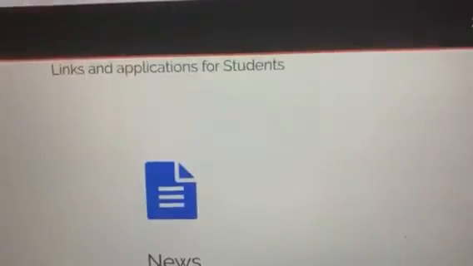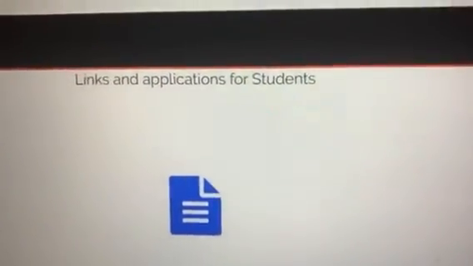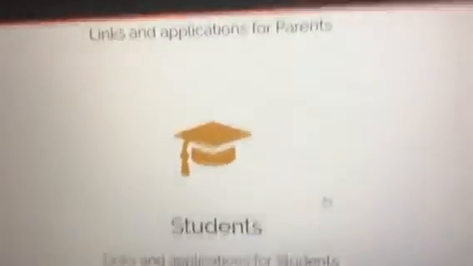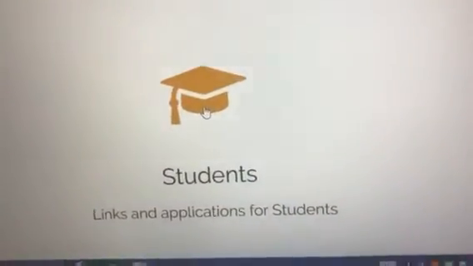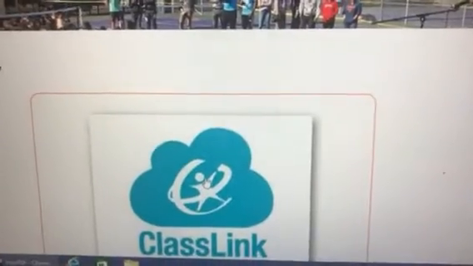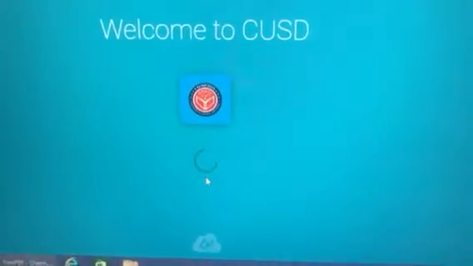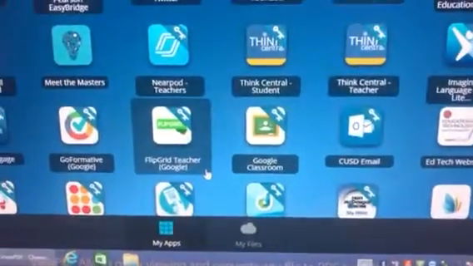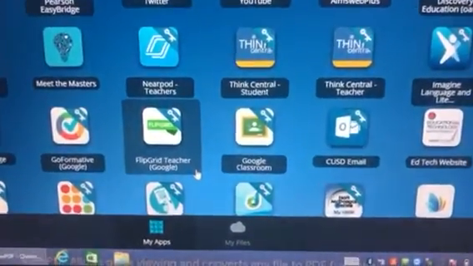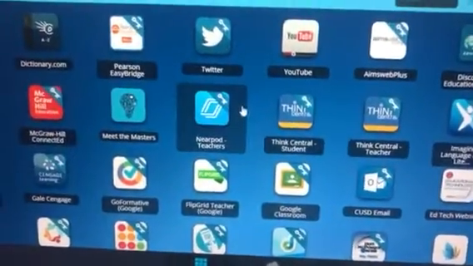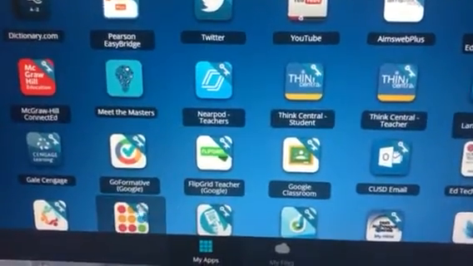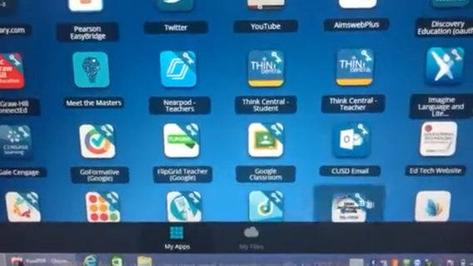And hopefully you know this because we've done it quite a bit of times. So I'm going to go to students, left click students, then right away it takes me to ClassLink, left click ClassLink, sorry. It's going to open up to your page. It might ask you for your password and username, so hopefully you remember those, and we wrote them on the papers for parent conferences. So here you can go to iReady, you can go to 9 Dots, my SBAC coach,